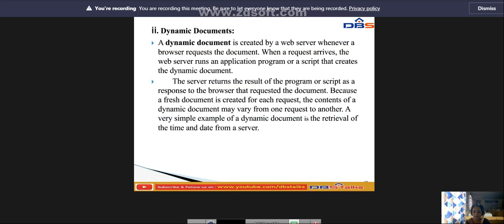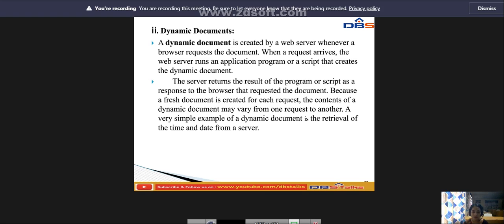Next, coming to dynamic document. A dynamic document is created by the web server whenever a browser requests the document. When a request arrives, the web server runs an application program or a script. The server returns the result of the program or script as a response to the browser that requested the document.